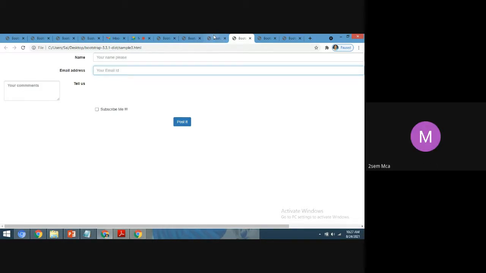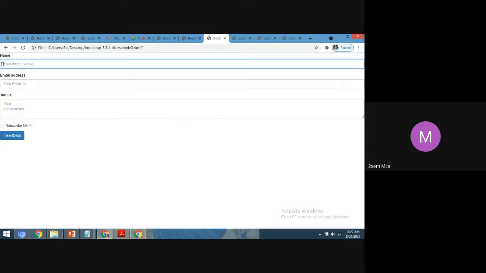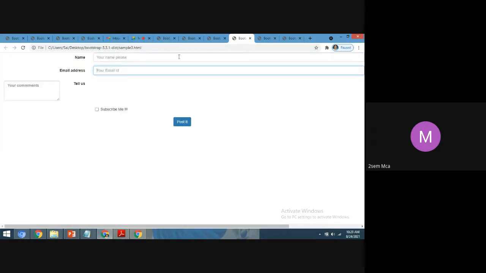See, students, this is very simple. See here, name. Next line, it is showing the placeholder. Name. Next line, it is showing the input tag. The placeholder, it is showing next line. But here, it is displaying horizontally. Name and the placeholder, your name, in the same line. Email address, your email ID. Actually it should display here. Maybe some mistake I have done, so that's why it has come here.